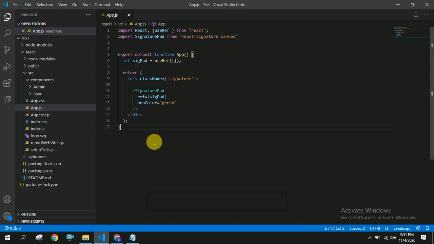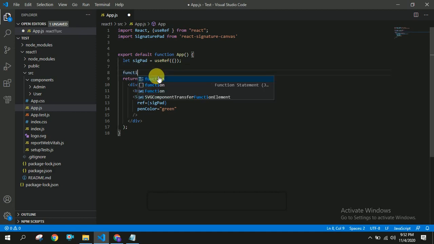Now we will see how to save the signature pad data and how to clear it and how to store it somewhere and how to get it back once it is cleared. For that, first we will see how to clear the data. For that I am going to create a button, and I am naming it as clear, and on click we are calling a method called clear. So I am creating a function or method here named clear,